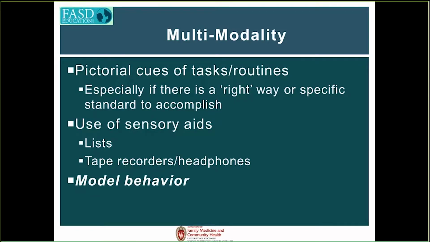I love sensory aids: the list, the tape recorders, the headphones where they can hear things and they can see things. Maybe, with our cell phones now, we can videotape how to make the bed, and they can play it if they need some